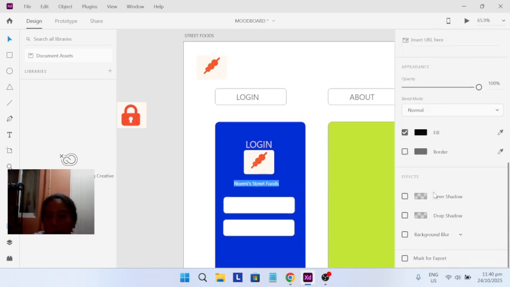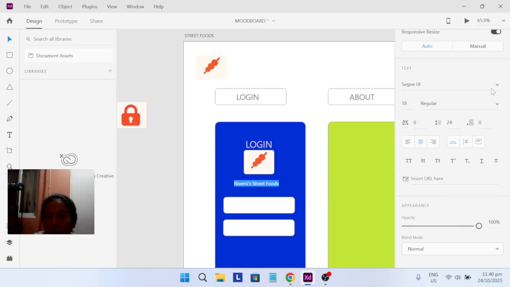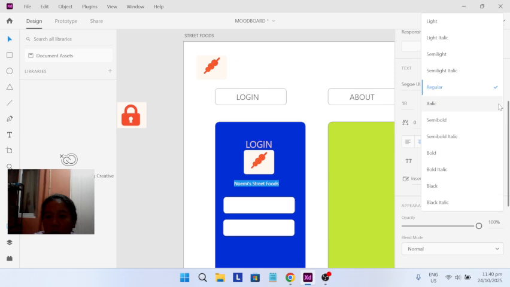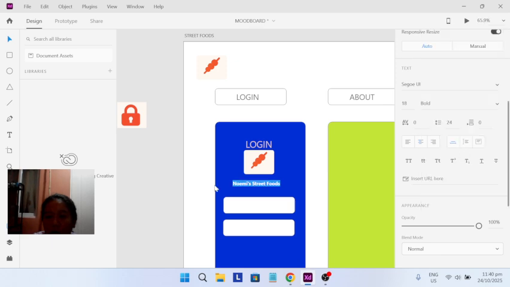Then the font, let's change it. Let's say bold. There.